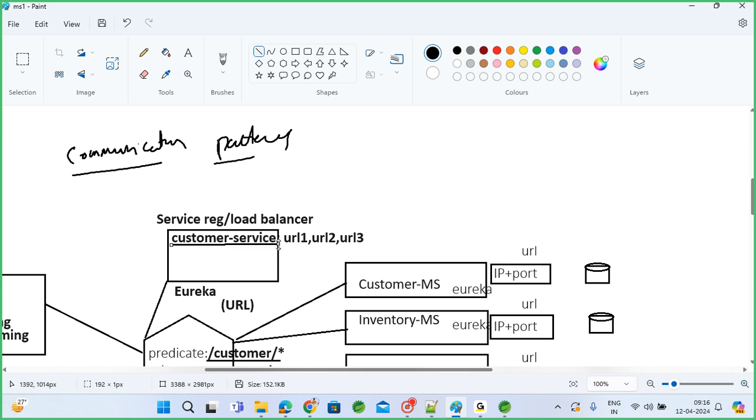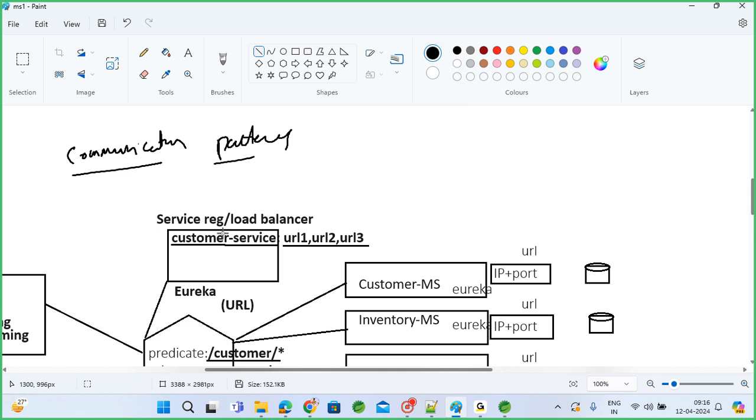If you change the port number and run them locally, you will clearly observe this. I am running my customer microservice on 3 URLs, sir, 3 servers, because I am getting huge load, and I wanted to balance that load. Yes, you can run 4 services, 10 services, any number of services. All those service URLs will get registered into Eureka